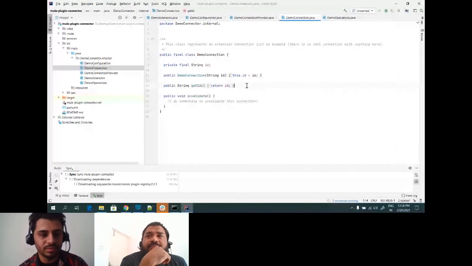So then we have connection providers, which is responsible for making the connection with the end system. We have connect, disconnect, and validate methods. And at the last, we have the operations. So as you see, these are the two operations